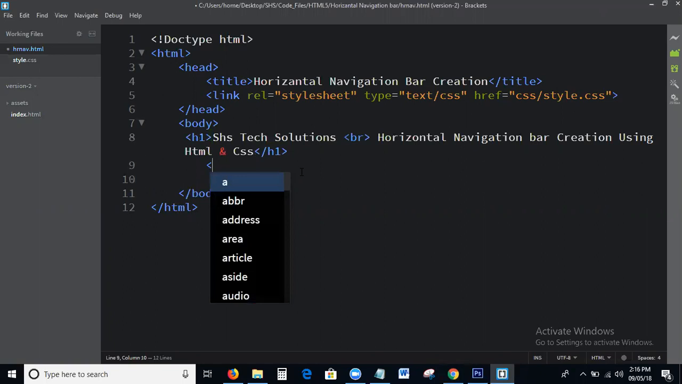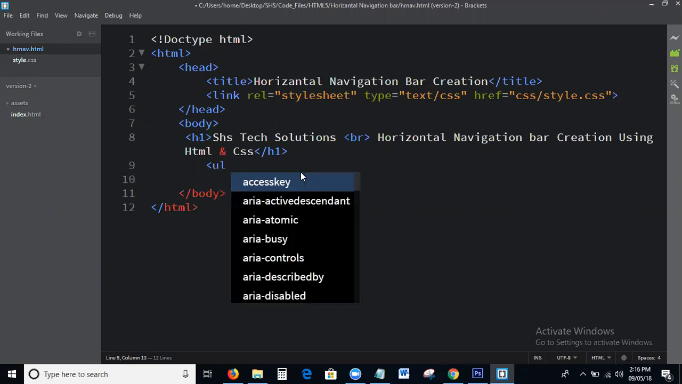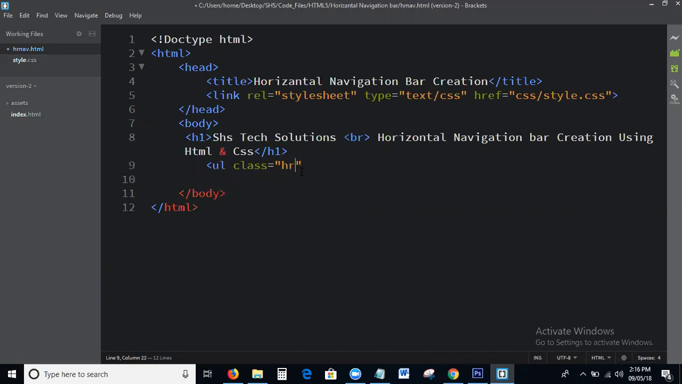Next I write the UL class equal to hr-menu. hr-menu means horizontal menu. Next I write the li, a href